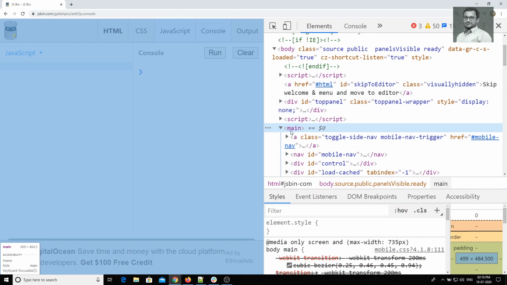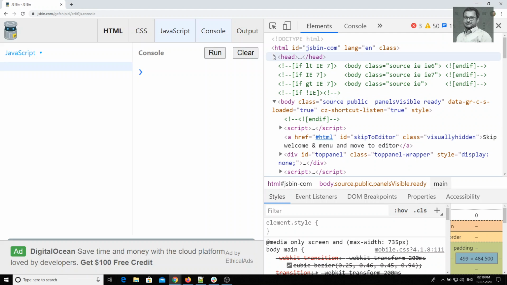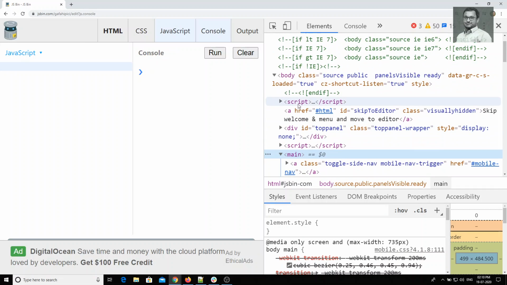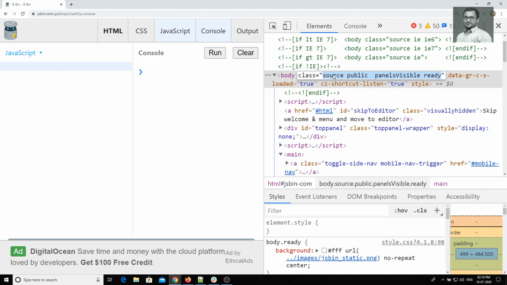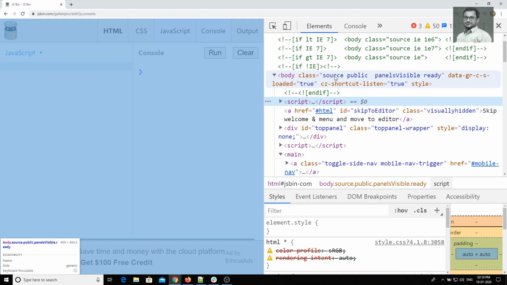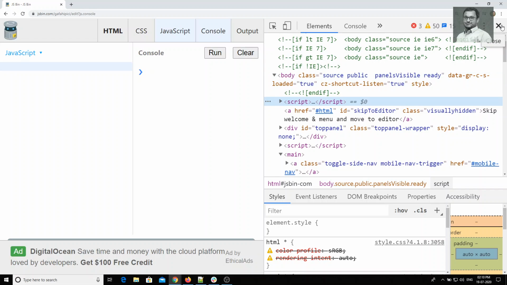This is all divided into the Document Object Model. All of this is stored as a document object, as an object, and that is nothing but the Document Object Model. Even the scroll bar, everything is stored in the Document Object Model. So we will be able to manipulate this HTML using the Document Object Model. You can click here and change everything. Right now I am not changing it, but we can change it through code using the Document Object Model. Everything can be changed using the document object.